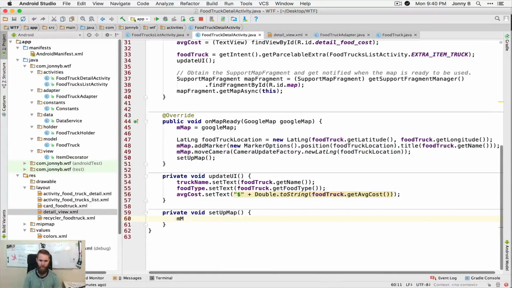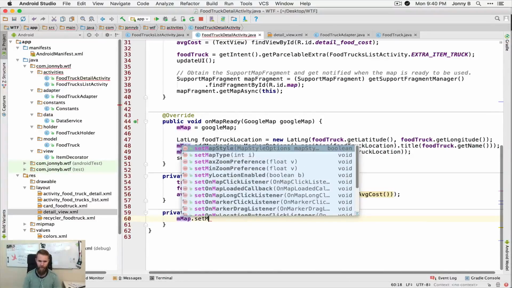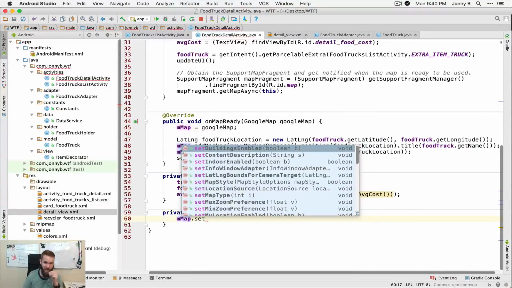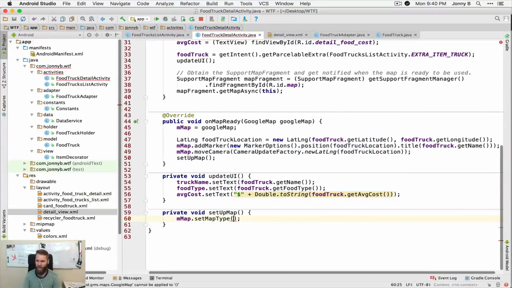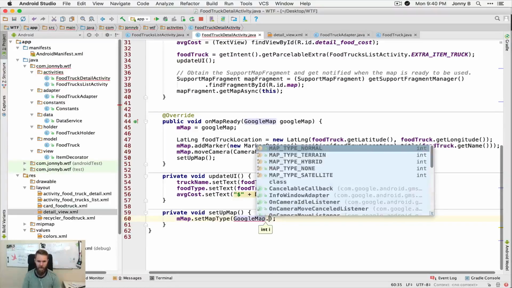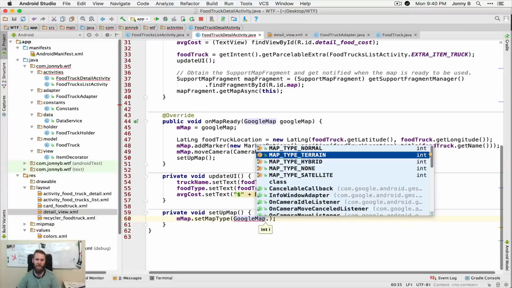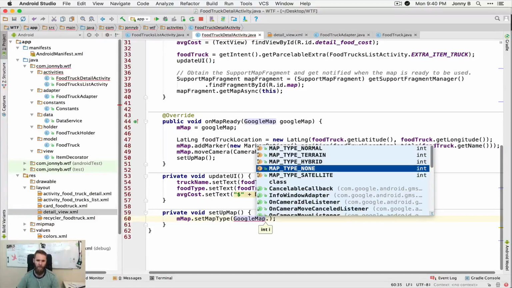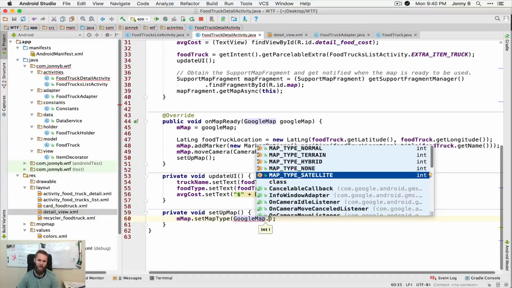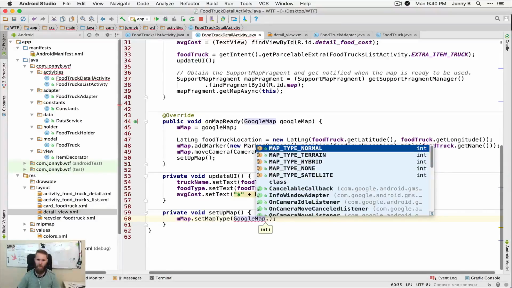So I'm going to say mmap.set, and you'll see here everything that you can set. You can set content description, indoor enabled, buildings enabled, location, map type, a whole bunch of stuff. So we're going to set the map type, and we're going to say Google Map, and it's not the one I wanted, but you can see here the several different types of maps. You have normal, you have terrain, which shows kind of just the terrain. You have a hybrid, which shows terrain and roads, none, and then you have the satellite views. We're going to just go with normal,